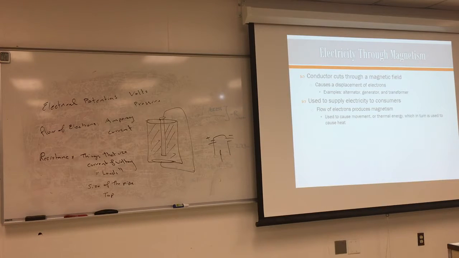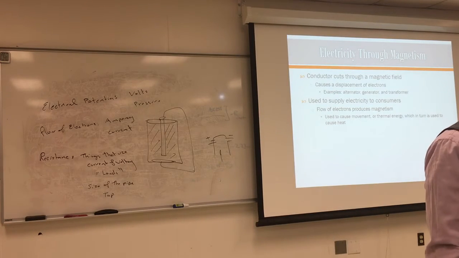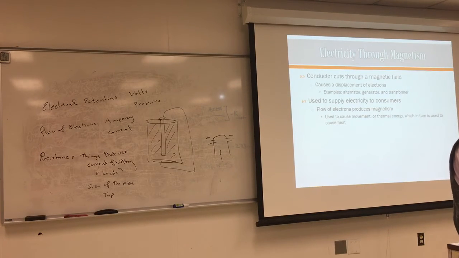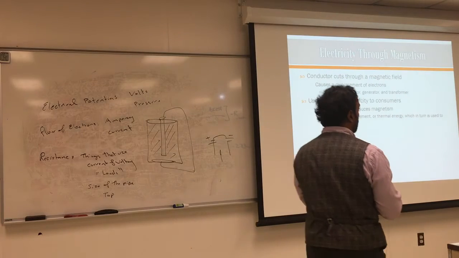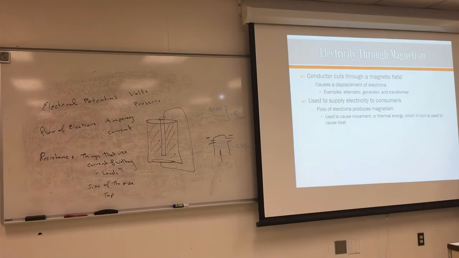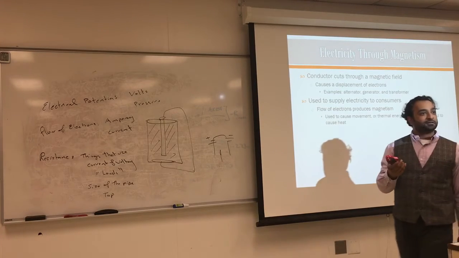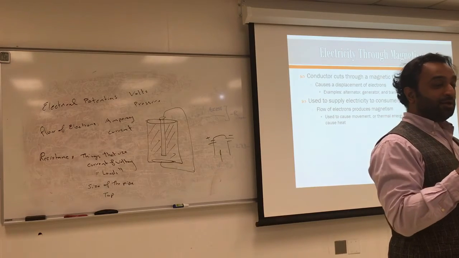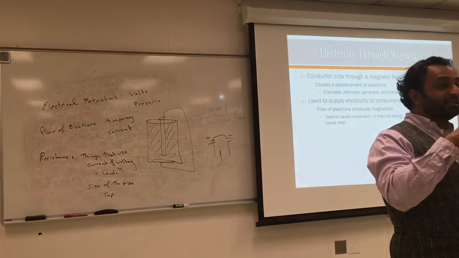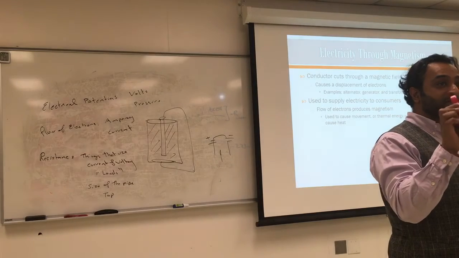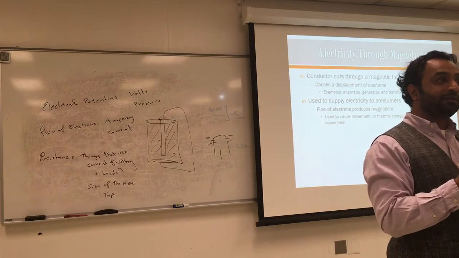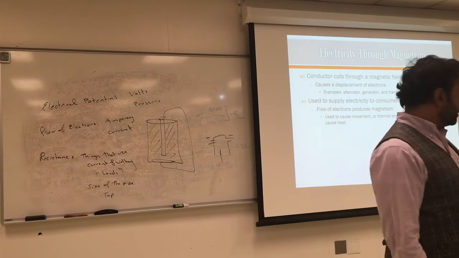If you were to measure the flow of electrons, I'm going to clip this on a wire, and if you see this hole here, it's basically measuring the amount of magnetic field caused by the flow of electrons. If I clip this onto a wire, it will show me how much amperage is in it. That's kind of amazing. So we will do that a lot because this is very important. So you don't even put it in here, you put it inside. It's not touching anything. And it should measure the amperage, and that's because of the magnetic field generated by any wire that has electricity running through it. Fascinating stuff, right?